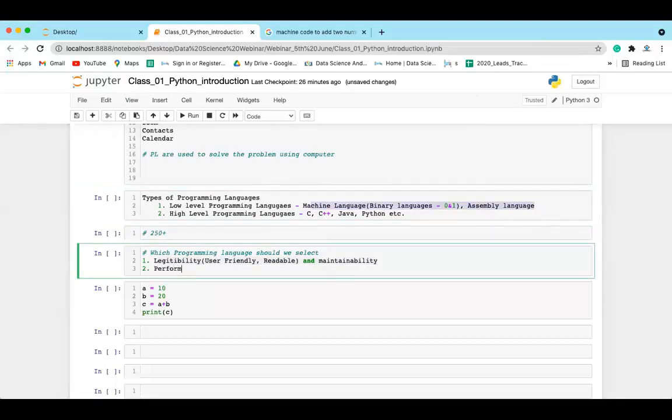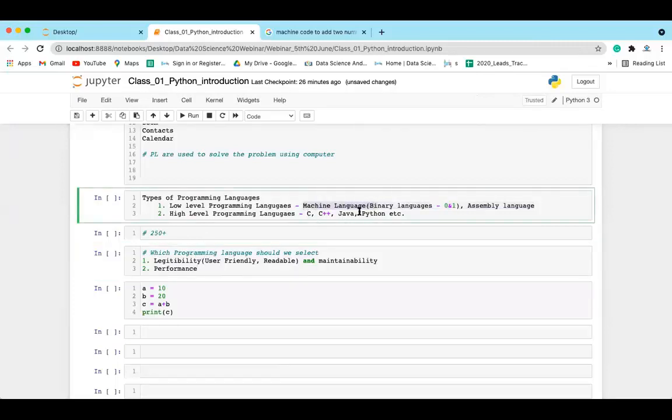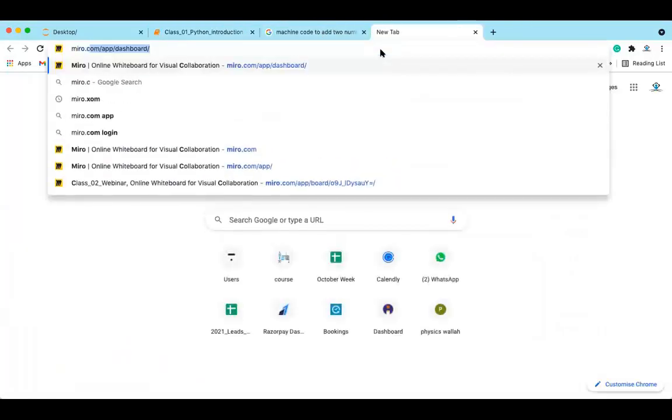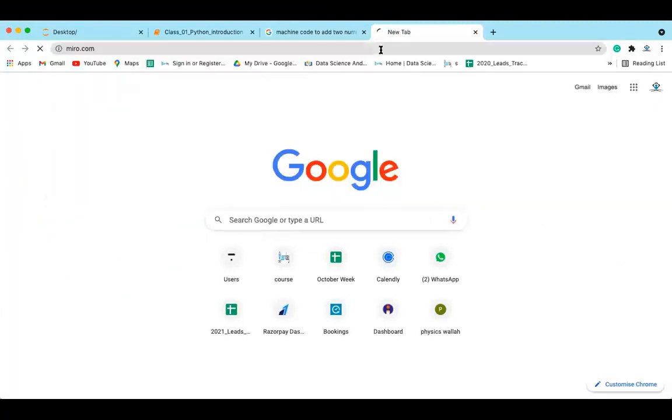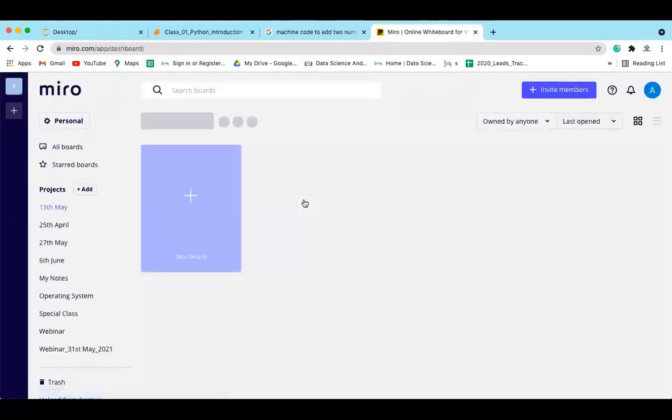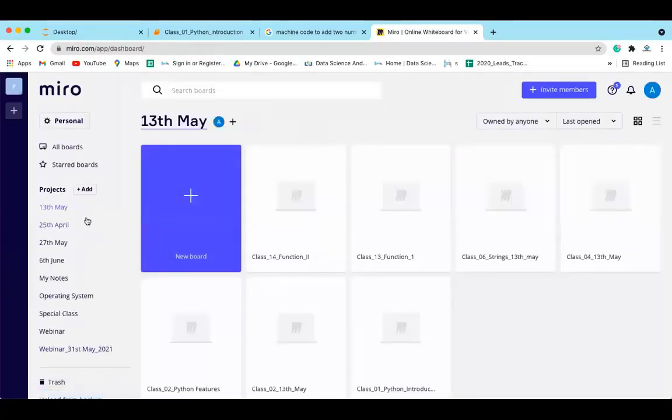So when you are going to select any programming language, you need to look at whether the performance is up to the mark for that language or not. Okay, if you compare them, the performance of the machine language or the low level programming language is way better than the high level programming language. Why? Because we know that our systems or our computers understand only the low level programming language, right? It means our computer understands only the language of zeros and ones. Okay,